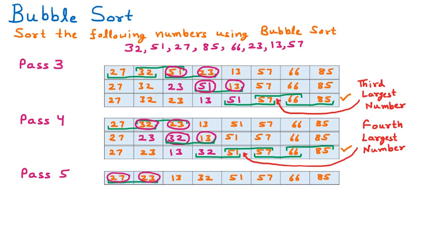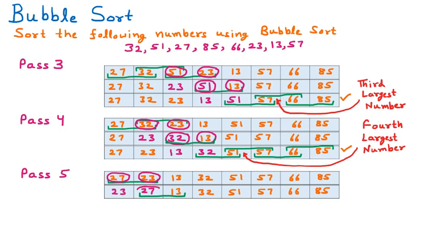We are inserting one more row here. 23 will come here, 27 will come afterward. All the remaining numbers will be as they are. Again we are comparing the next two numbers, 27 and 13. They are not in ascending order. 27 is greater than 13, so they will be swapped. We are inserting one more row here. So first we are putting the 13, then afterward we are putting the 27. All the remaining numbers will be as they are.